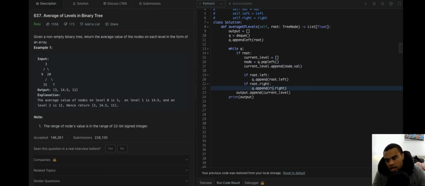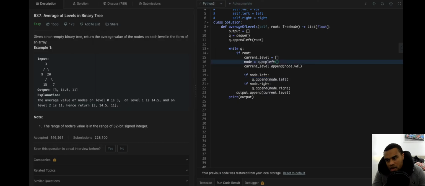Actually, no, I think it makes sense doing it the first way I did it, because we're saying, wait a minute. We're saying if node.left, q.append node.left.